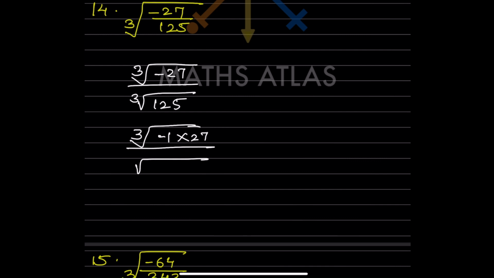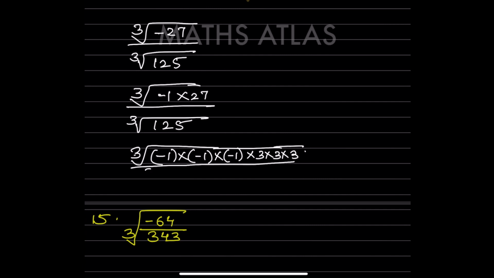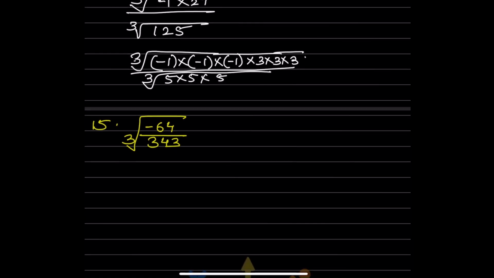And here 125. So here again you can write here -1 into -1 into -1. And here for 27 you can write 3 into 3 into 3. Divided by cube root of 125, 5 into 5 into 5. So that can be directly written as,